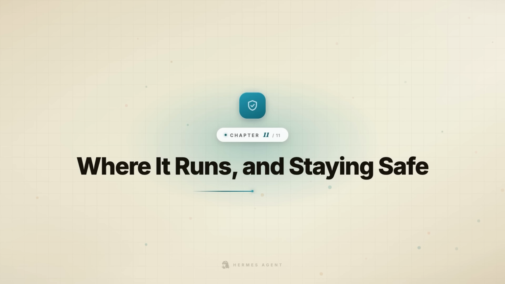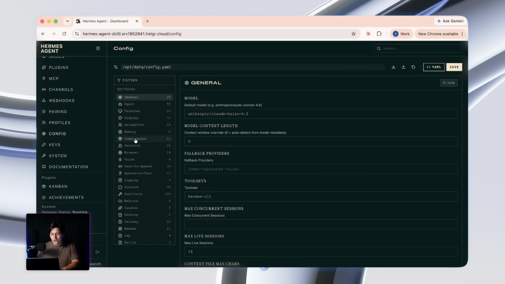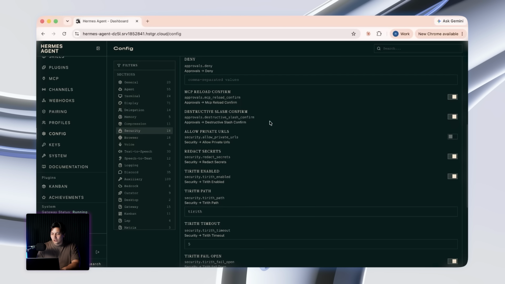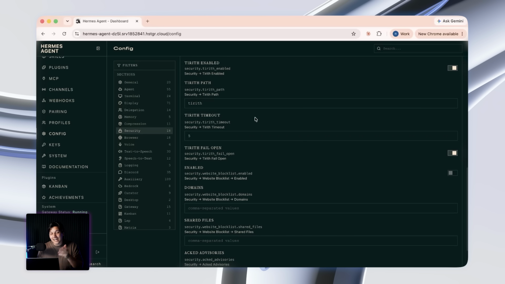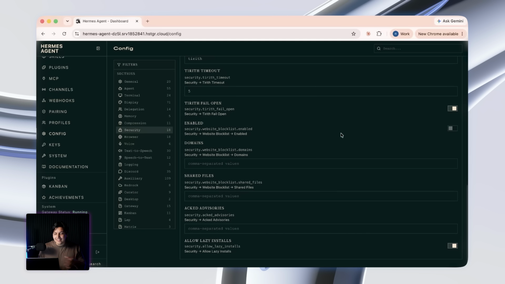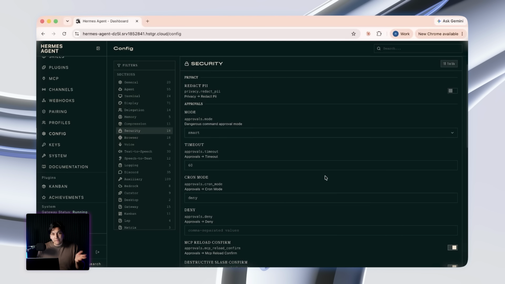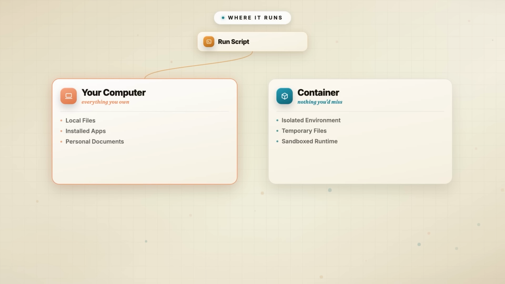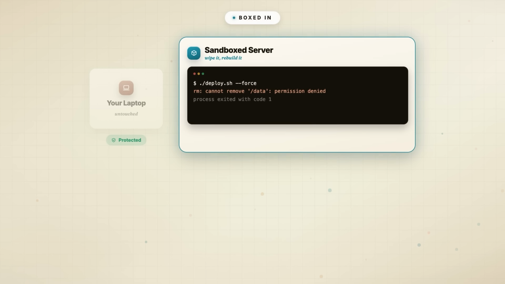Now let's wrap it up with one last thing, and that's safety. What I want you to do is click on config, and then you're going to find the terminal section and then security. One click deploy puts Hermes inside a container on your VPS, and Hermes can run commands on your own machine or inside a container. The thing is, where it runs decides what a mistake can reach. Ours is boxed in on a server that you can wipe and rebuild. A bad command, a misbehaving skill, a plain mistake, it hits a disposable environment, basically not your laptop,